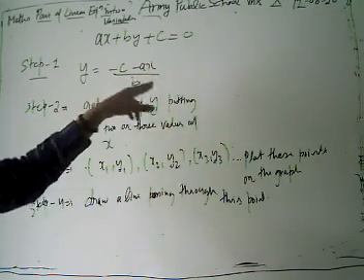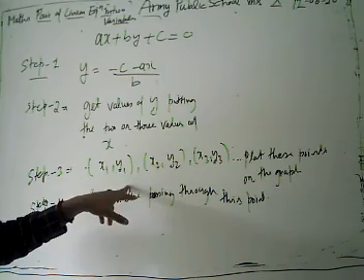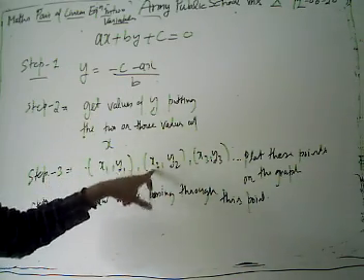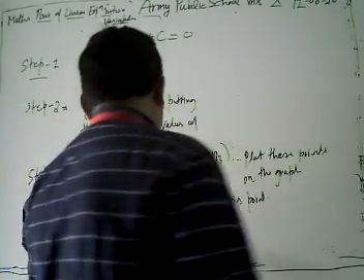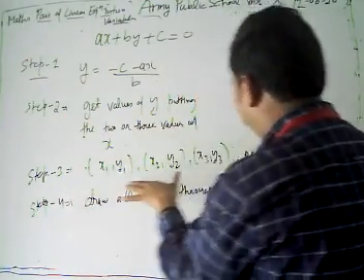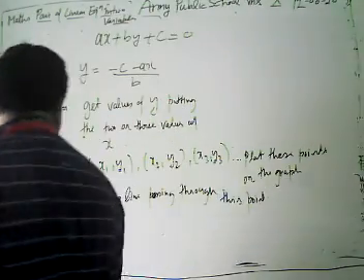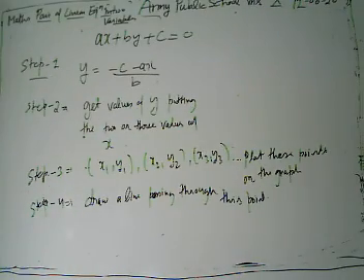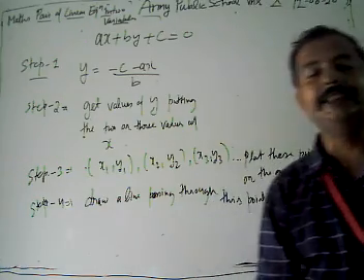On putting in different values of x, we get different values of y. Then we get some points: when we put the value of x1, we get some y1; on x2, we get some y2; on x3, we get some y3. Then what is our last step? We plot these points on the graph, and in the last step we draw a line passing through these points. This is the algorithm to draw the graph of linear equations in two variables.